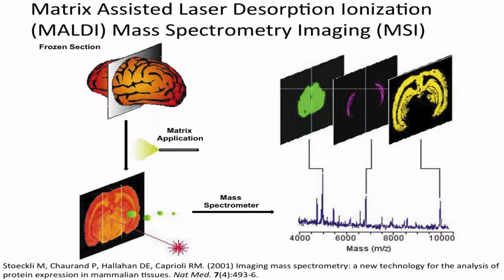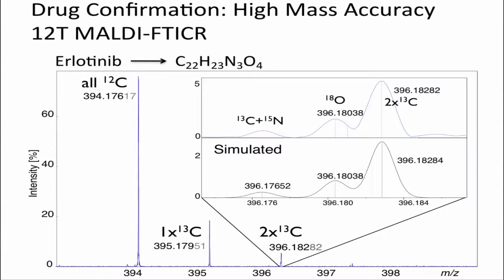So if we raster our laser in an XY fashion over the tissue section, we generate a full spectrum of a mass range of interest, forming pixels, and then the data can be mined to look at the distribution of molecule green, molecule purple, or molecule yellow. Taking this approach, we can map the distribution of hundreds and sometimes thousands of molecules in the tissue without requiring any molecular label. And the reason we're able to do that is we use high resolution, high mass